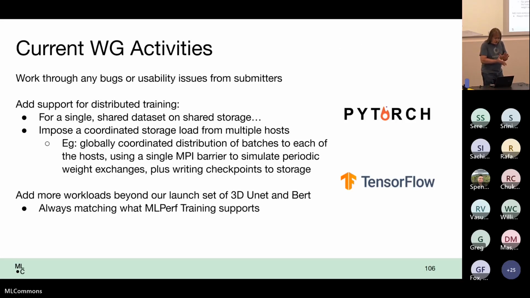Current working group activities. In order to get the benchmark out at the beginning, we focused on the simple case of a single data set with a simulated set of GPUs running on a single computer. So that's not typical, but we have results because the storage systems that people are putting underneath this benchmark are, for example, all flash. And so they say, oh, let's put 128 simulated GPUs on one high-end machine. Well, that doesn't work in reality. But it's sufficient to show the performance of the storage.